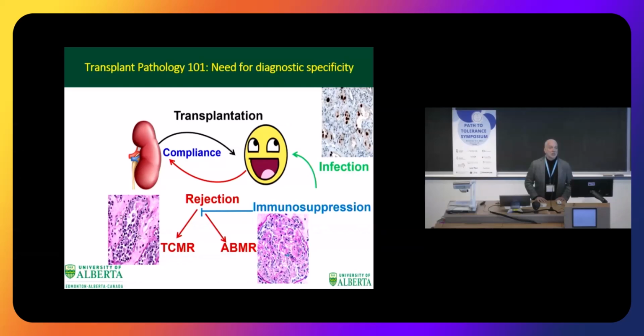We're also potentially suppressing regular immunity, and we're buying infection. And our response to infection looks very similar at the pathological level to rejection. And something we struggle with, classical example of T-cell mediated rejection and BK nephropathy, which is almost indistinguishable by light microscopy in the biopsy. And I'm focusing now more on kidney transplant pathology, because the kidney is the highlighted example